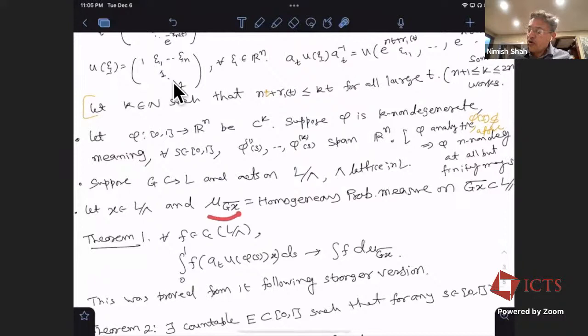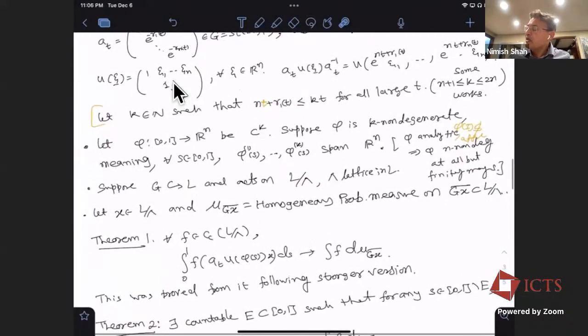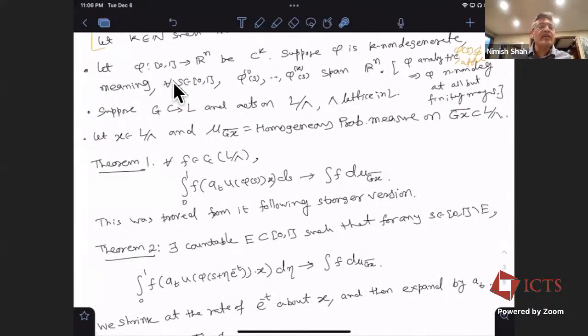Mu, and you call mu sub Gx closure the homogeneous probability measure on this Gx closure in the space L mod lambda. Okay. So the first theorem that we prove says that in fact what we were expecting is correct in this situation: namely, you take the u phi s x, apply AT, and integrate f from 0 to 1 dx, then it converges to the integration of f